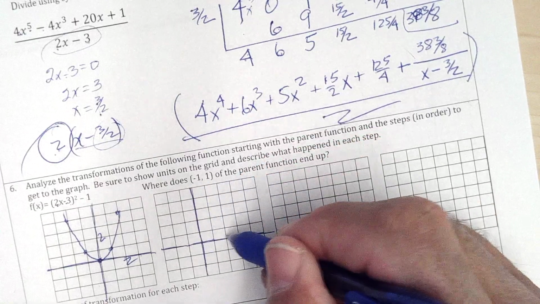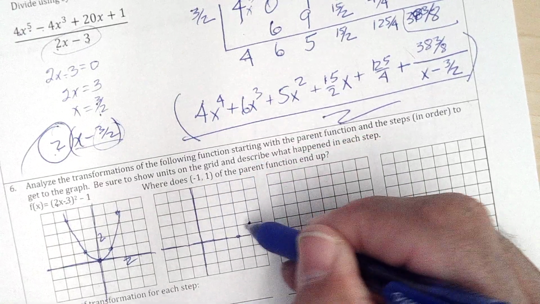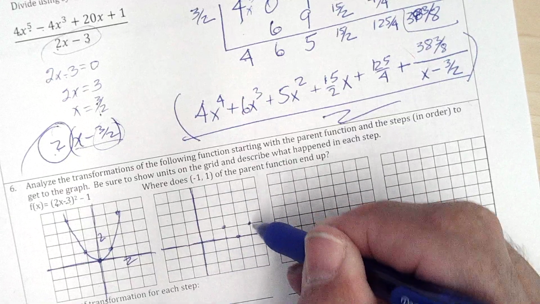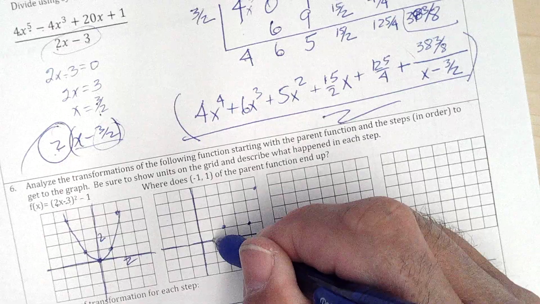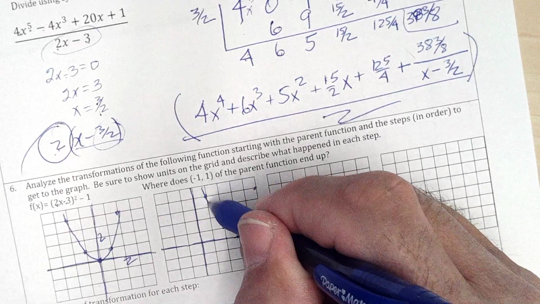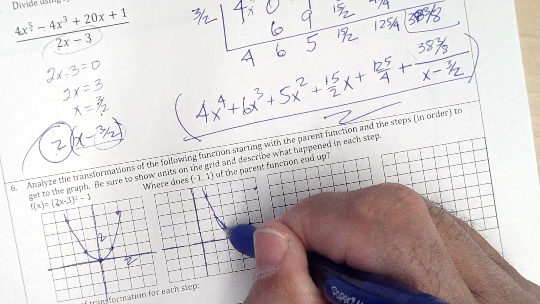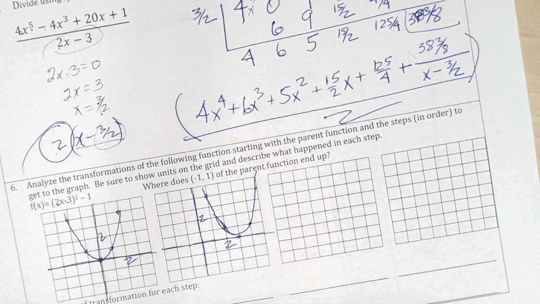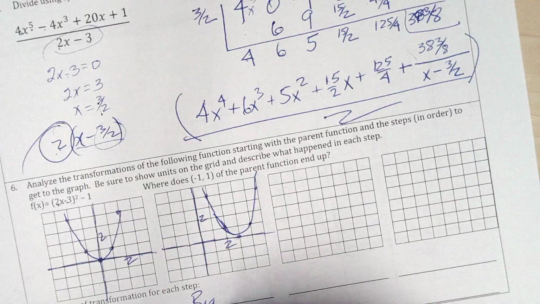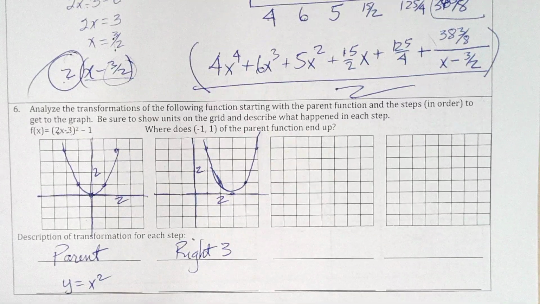So 1, 2, 3, and if I go over 1, up 1, over 2, up 4, back 1, up 1, back 2, up 4. This should look like it's moved right 3. Units. Right's good enough for horizontal. And then,